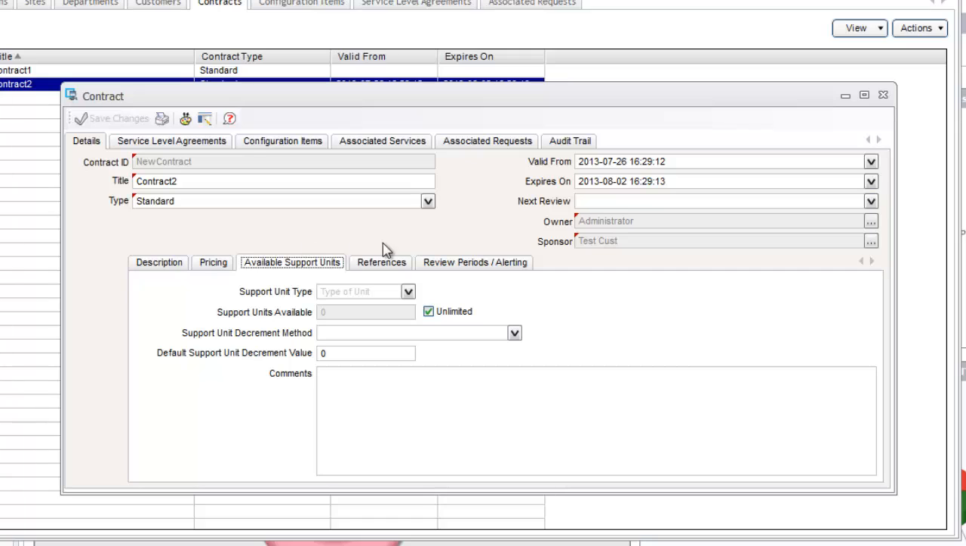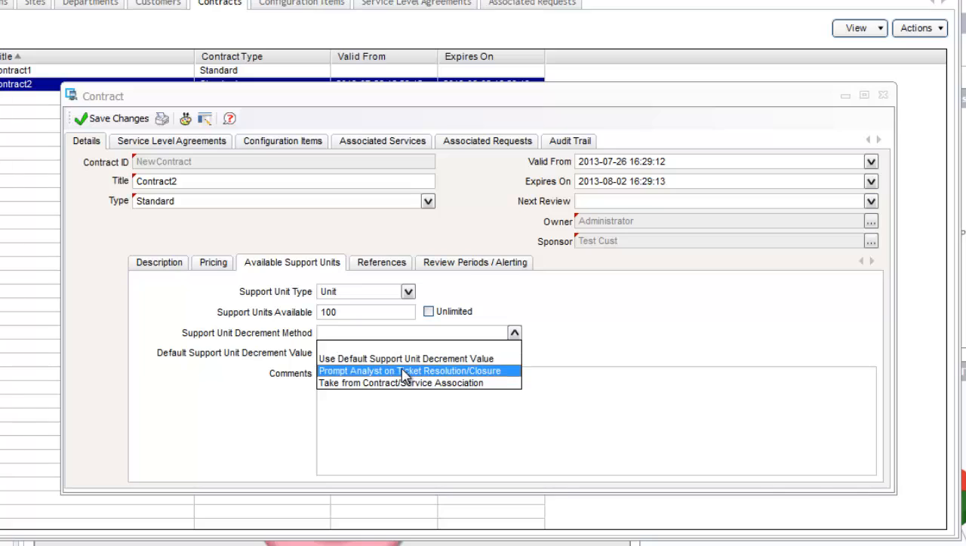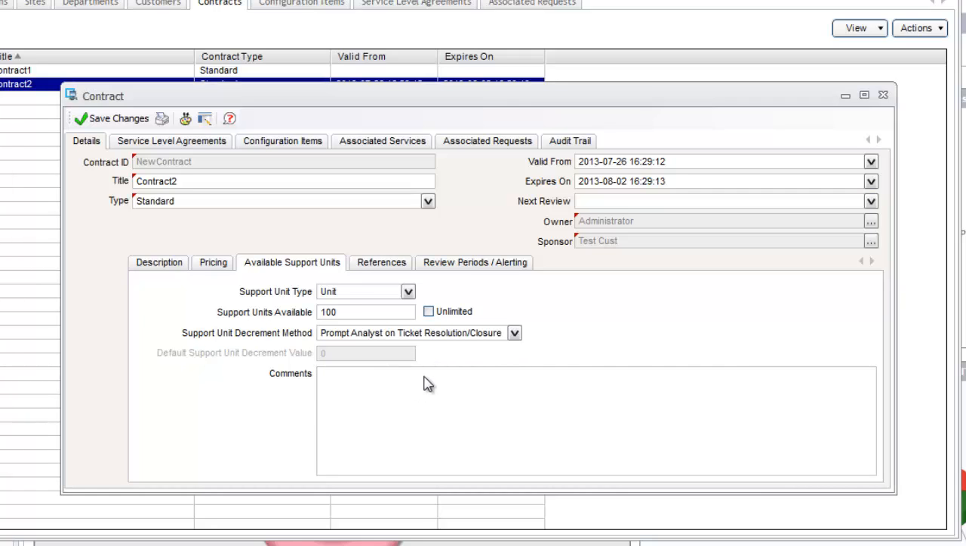So available support units. You can see here you can choose from days, hours, units. Effectively, it depends on how you charge. In this example, I'm going to use unit, and I'm going to say they've only got 100 units available, and this is the method that you want to take it down. So how would you like it to calculate how many units it's got left? I'm going to say I want to prompt the analyst on ticket resolution or closure. As soon as you close a ticket, it's going to take one off. So if I keep that and save changes,